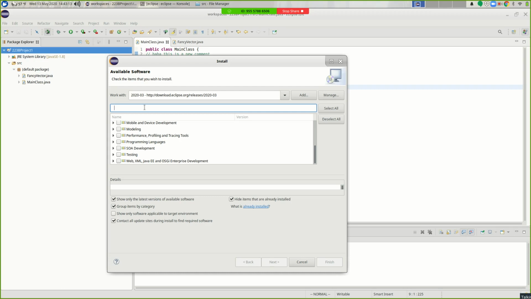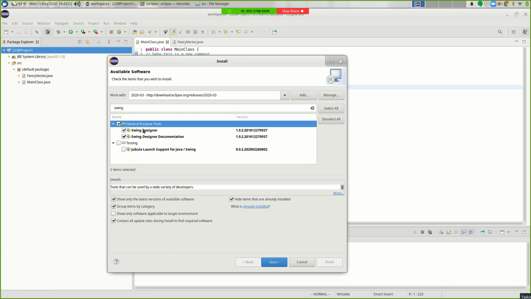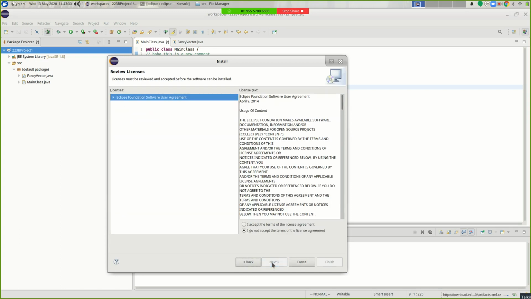Okay, the first one I'm going to type is swing. And I'm going to see a few things pop up. What I want is general purpose tools. Okay, and I'm going to do swing designer and swing documentation. I'm not going to worry about testing and this thing down here. Okay, I'm going to say next, and I'm going to say next, and I'm going to do accept these terms and say finish.